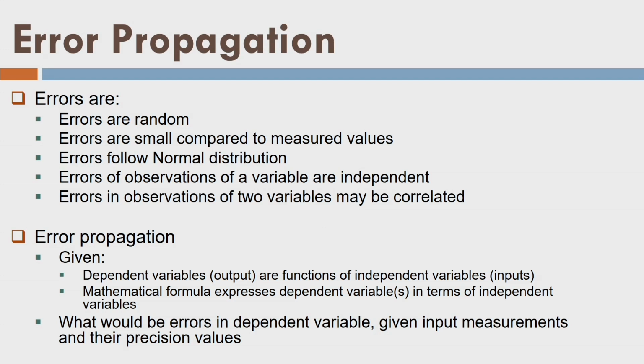That means E1 can be any value, E2 can be any value, but although they follow normal distribution, they occur randomly and independently, and they are not correlated. This is my assumption here.